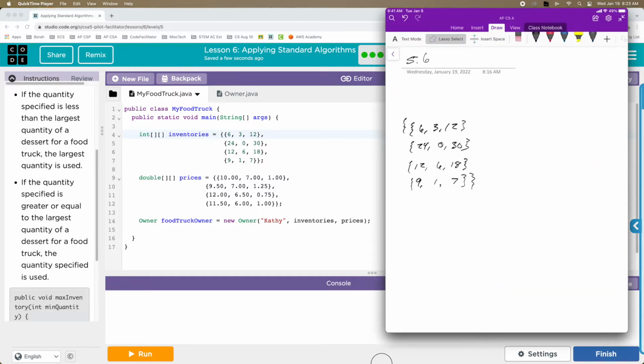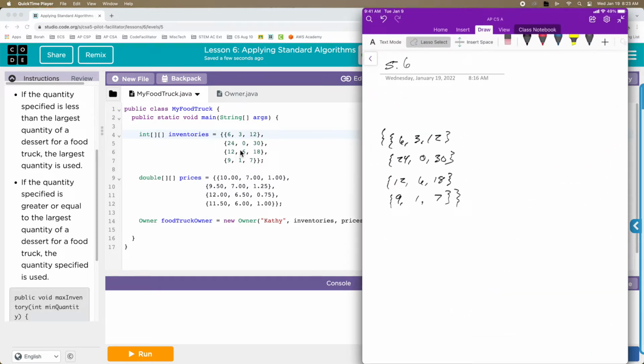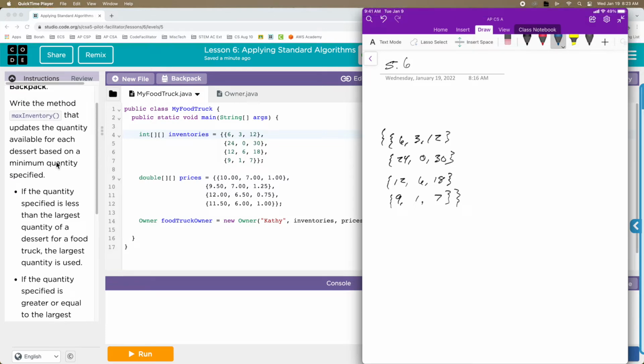The example they have for me is a 2D array of inventories: 6, 3, 12 for the first truck, then 24, 0, 30. The next truck is 12, 6, 18, and the last truck is 9, 1, and 7. So if I am calling this method, maxInventory,